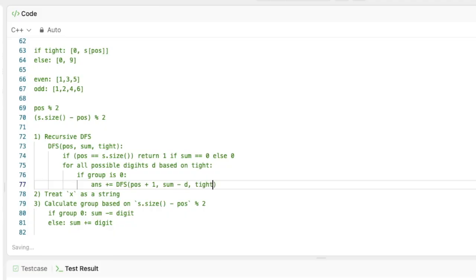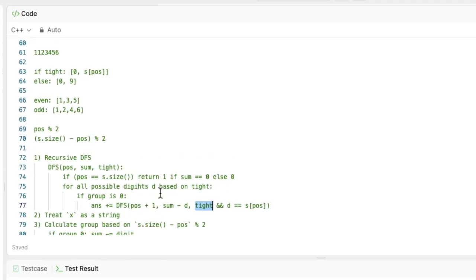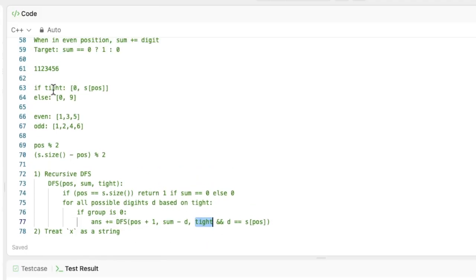Type is like, if the current is type, and also the D is equals to s dot pos basically. So if it is currently type, so first of all, whether it is type is